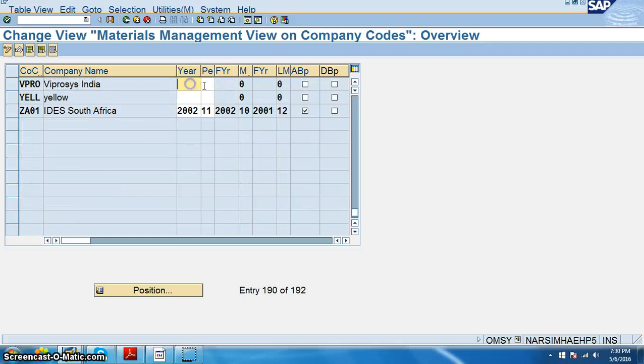For this we need to give the year 2016 and 12 periods. We are giving the 12 periods, and 2016 is the fiscal year.